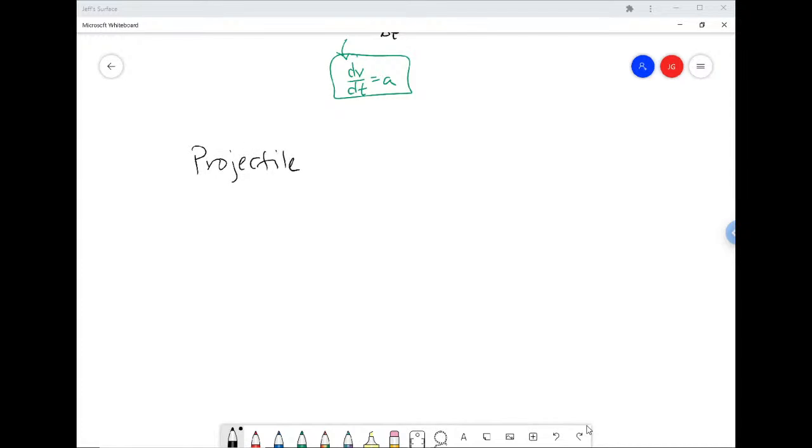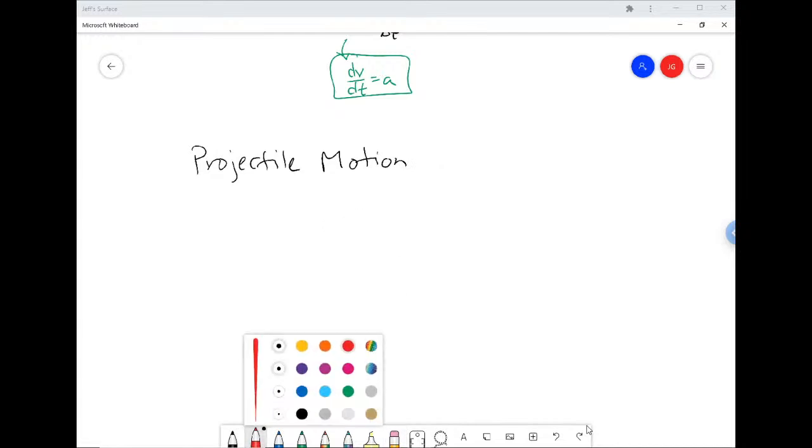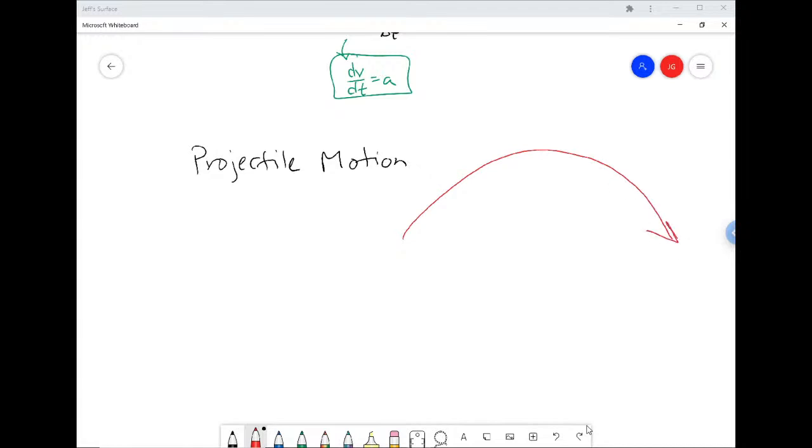Projectile motion. All right. And just draw a picture so we know what we're talking about. We're talking about a motion that follows a path like this. Mathematically, these are parabolas. That's really not that pretty. Okay. Projectile motion is,